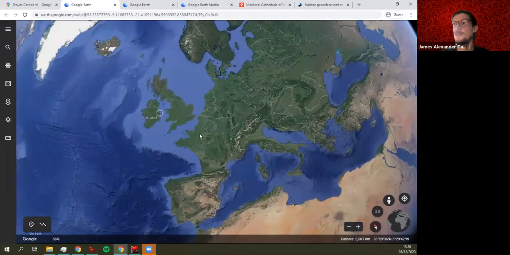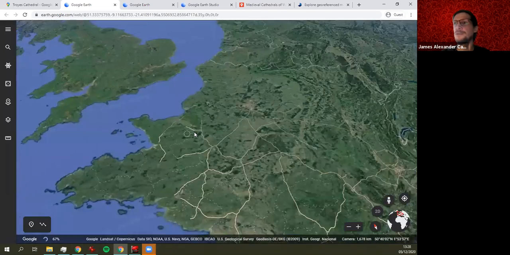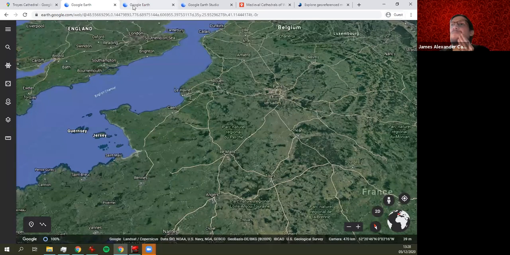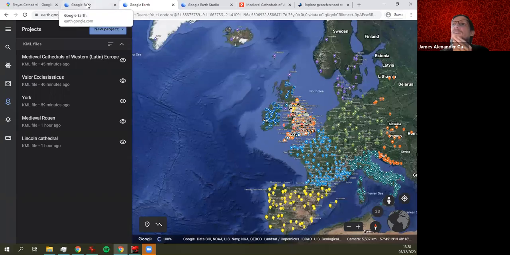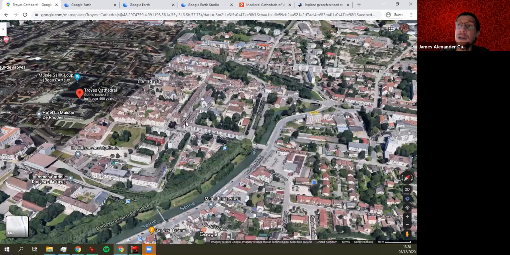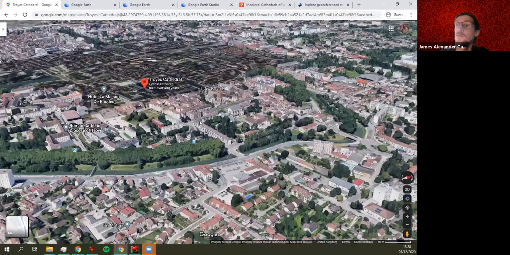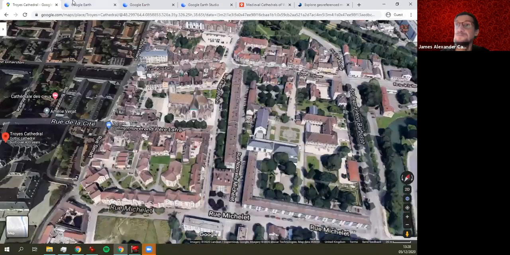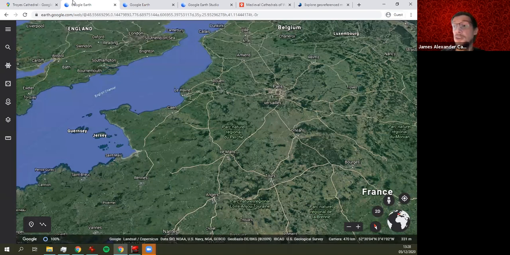So it is worth, if Maps doesn't work, using this. Now, as I've been saying, Maps, I think, is best for your own research and getting as much information as possible. Earth is a useful tool, I think, really for teaching and learning, and it is billed as a sort of learning software rather than